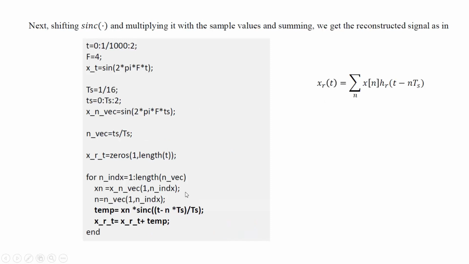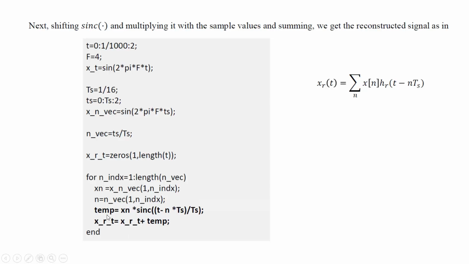After that, we now have xn and this n also, and we will put the values in a temporary variable inside the summation: xn times h_r(t minus nTs). So this is xn, which we have calculated from here. The values will come like this, times sinc of (t minus nTs) divided by Ts, which is the sinc function basically, because I know the impulse response of this reconstruction filter.